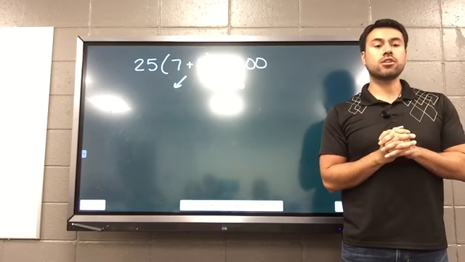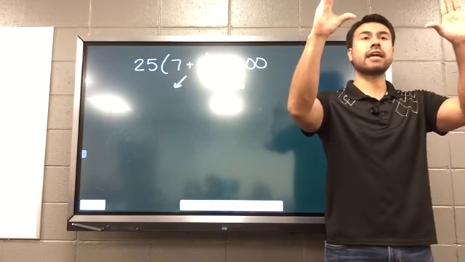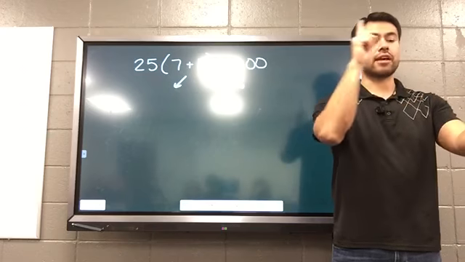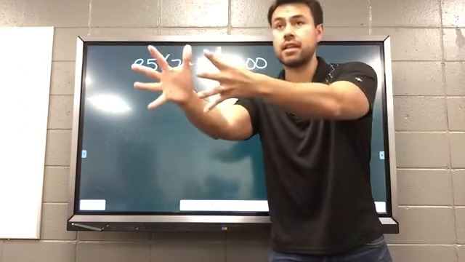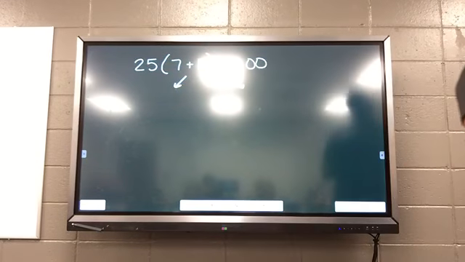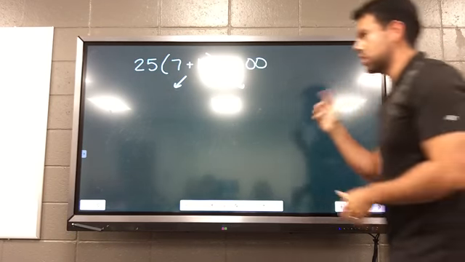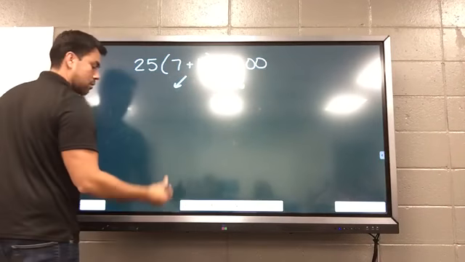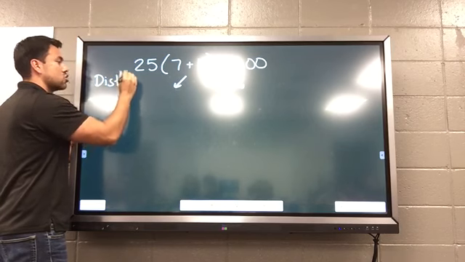So what I want you to do is realize, guys, you need wisdom. You need to be able to look at the problem and say, I understand properties, I understand equations, I understand processes, so now I'm going to go with this method. Or maybe I'm not sure, so I could try this method. It will work. It just makes it a little bit tougher. So we'll see what the two methods are today. Someone already said, I think Drew, you said, the first method is going to be distributive